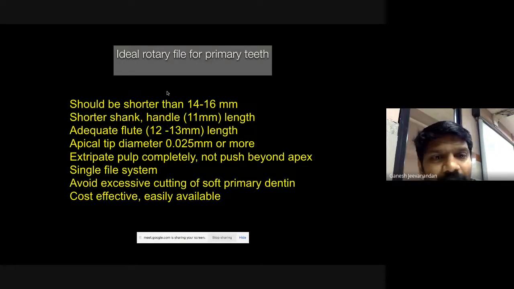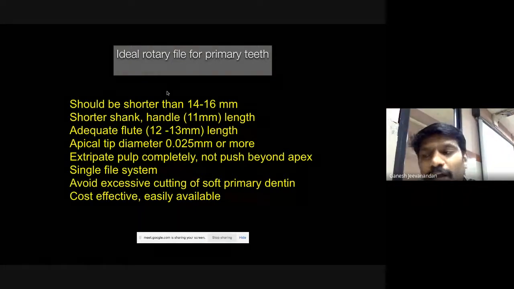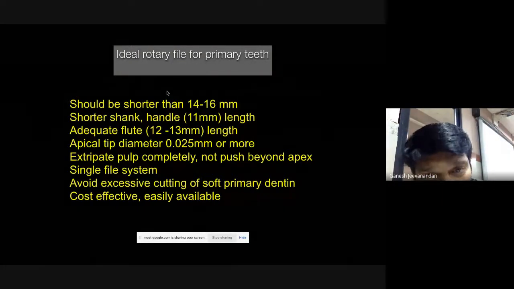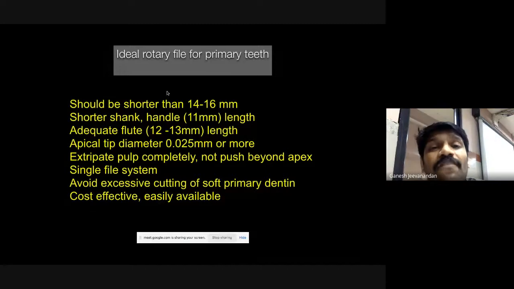Tip diameter: your apical tip diameter should be a minimum of 0.25. Why minimum 0.25? Only when you prepare the canal to at least 0.25 will your irrigant or chemicals reach the apex of the tooth properly. It should extirpate the pulpal tissue completely and should not push material beyond the apex.